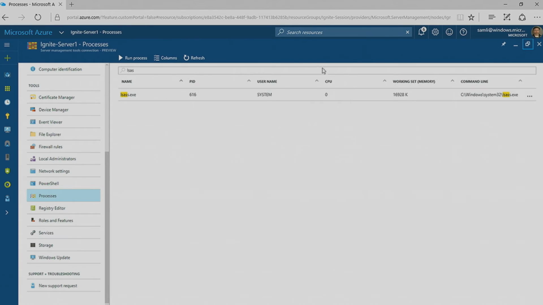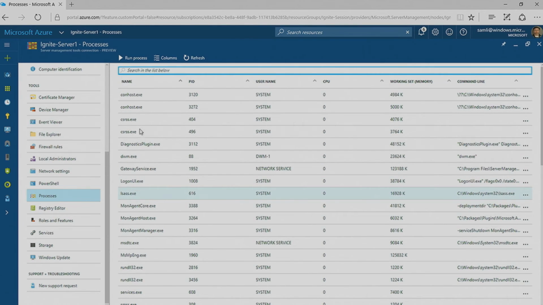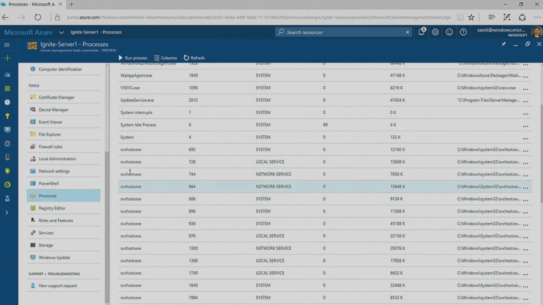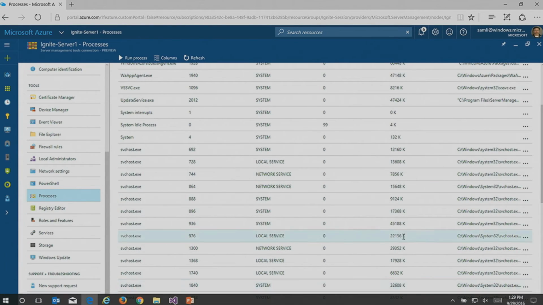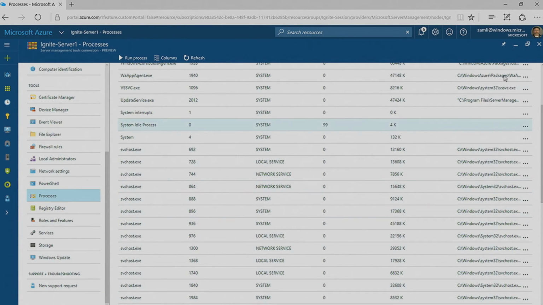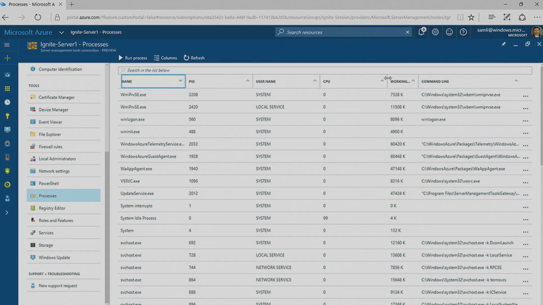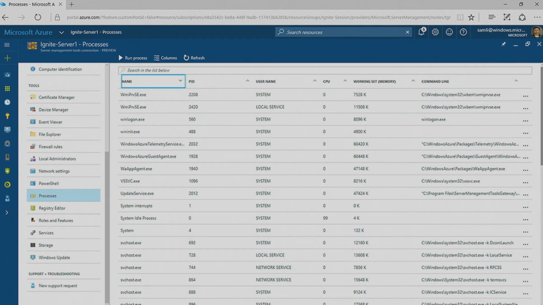I can make this wider. For any given process, especially for processes that have the same name like service host, I can go and see what are the actual command lines that were used to launch that process